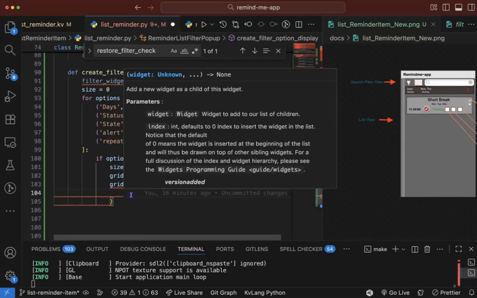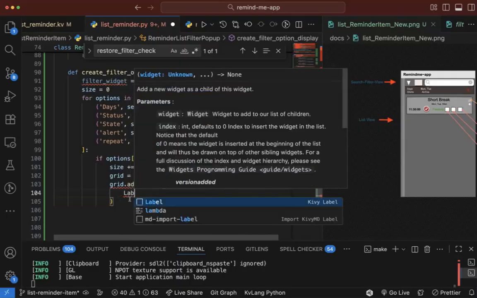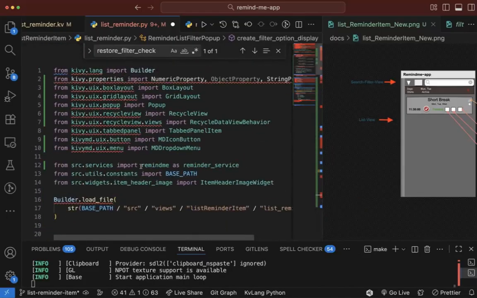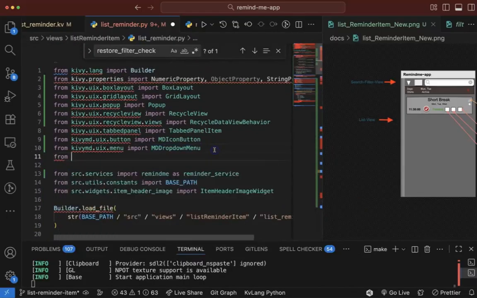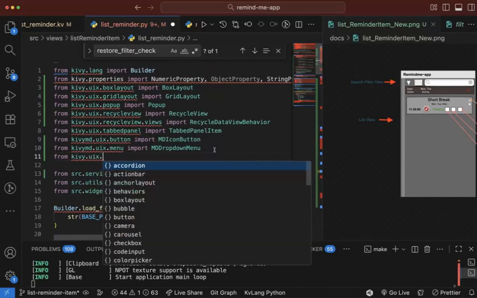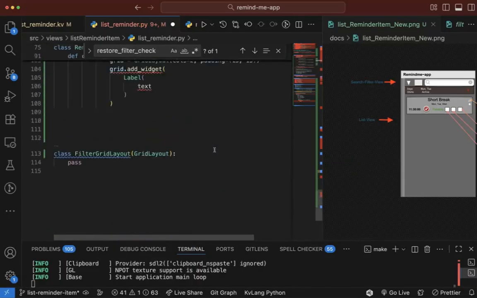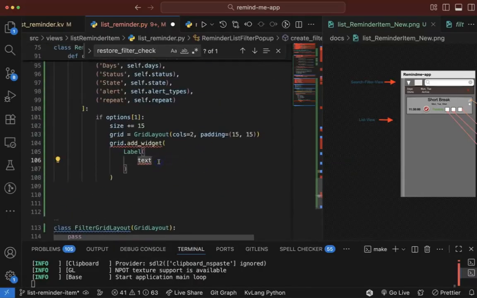So I'll go ahead and say label will be, so let me import label here from kivy.uix.label import Label, and when I come down here, say label equals to this, and the text will be